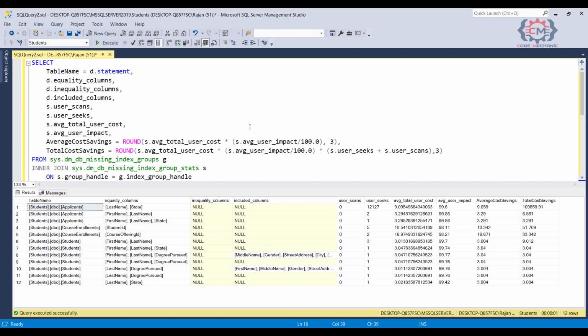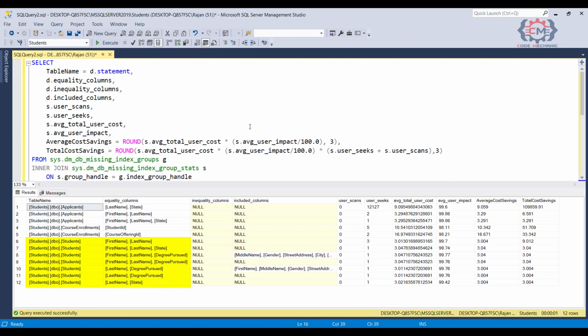Instead, what you want to do is to scan through the results for each table. You will be able to pick out some pattern of index recommendations across similar columns, and then you can combine that information with your knowledge of how your application works to come up with the right set of indexes for each table. So for example, these last 5 recommendations in the list are all about the student table. And by scanning through the columns that are recommended, we see that all of the recommendations include the last name column. So we know that we need to have an index that starts with last name.